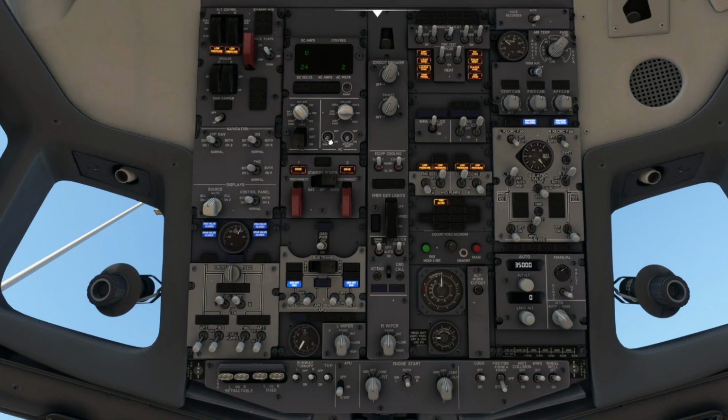Right, then we can come up here. These two should be on, which they are. Trim air should be on. We can actually turn our packs on for now with our APU bleed, just so the passengers have some air conditioning at the back there. And we're going to want to check